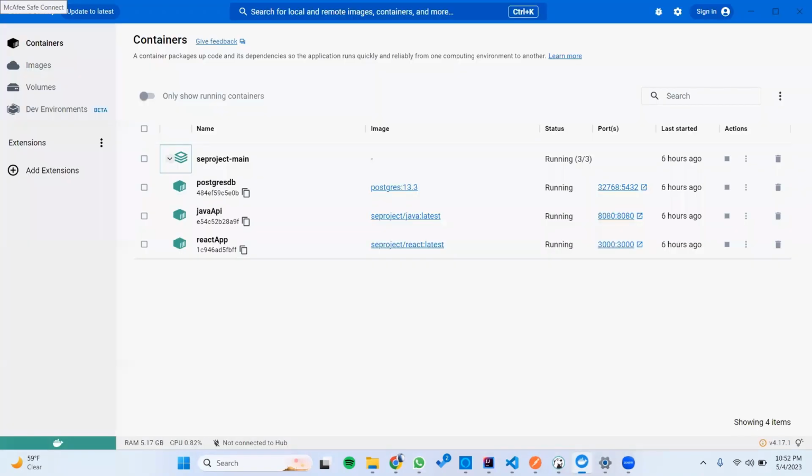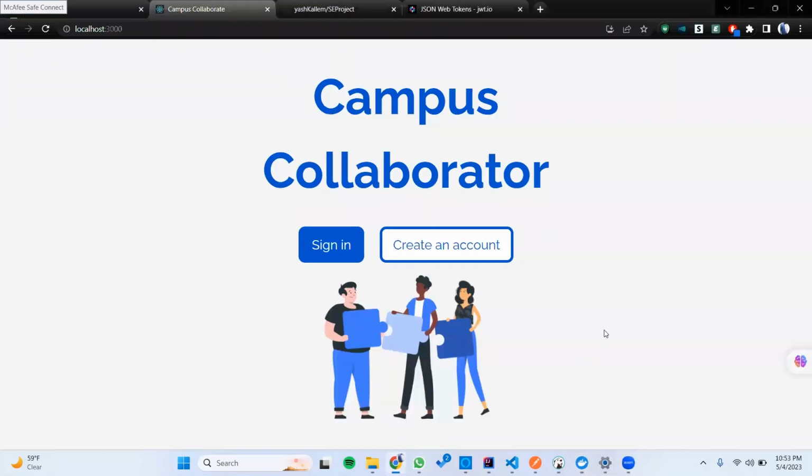And we have used Docker for containerization or packaging of our tools. As you can see here, we are able to containerize our front end, back end, and our database. Yashwant will be speaking more about Dockerization and how we have implemented it in detail. We have used Zoom for our communication purposes, and